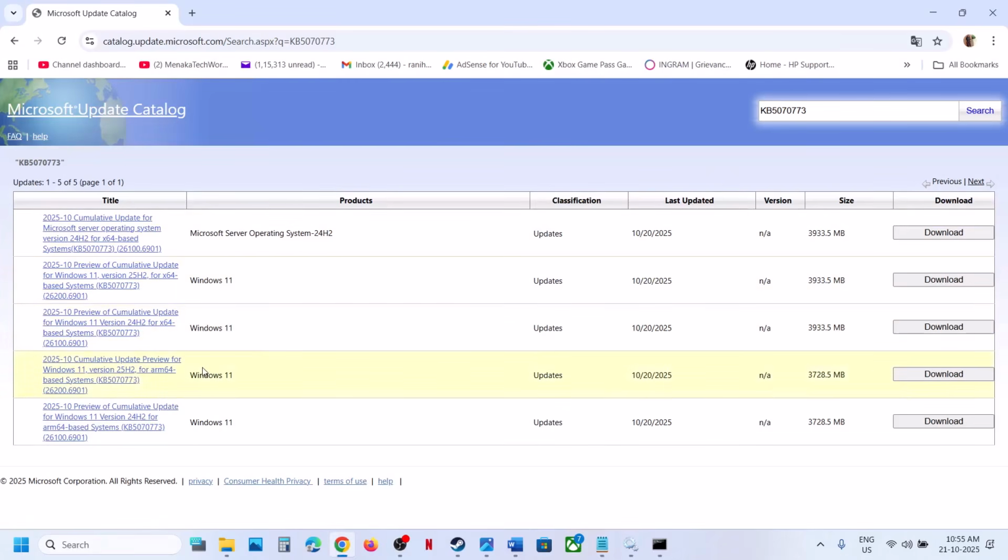Now for me, it's Windows 11 version 25H2 x64 base system. This is the right one for me. Now if you have Windows 11 version 24H2 x64, then this is the right one for you. For me, this is the right one. Now click on download